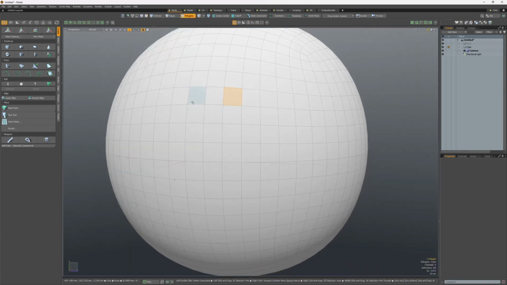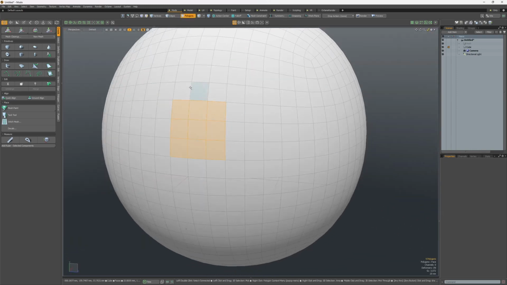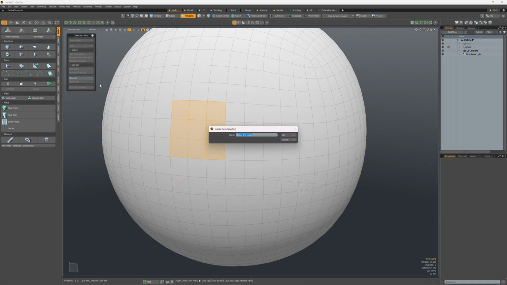So if I'm working on a bunch of geometry, let's say imagine something interesting here. There's this little button up here, which is for creating selection sets. If I click and drag this out, with any popover menu in Modo, if you drag it away from where it starts or tap this button, it'll automatically pin itself. It's very nice. Anyway, so if we come down to here and do new set, and we'll call this Dave